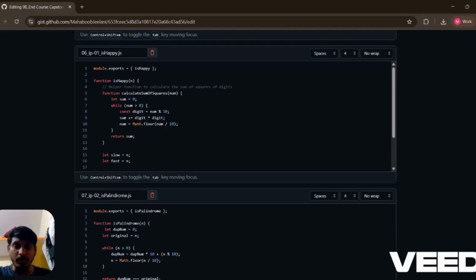The approach to solve this problem is to identify the cycle efficiently without extra space. Suppose we take two pointers, one slow and another fast. The slow pointer advances one step, while the fast pointer advances two steps per iteration. If they meet, there is a cycle and the number is unhappy; otherwise it reaches one. Here in this problem we can solve it